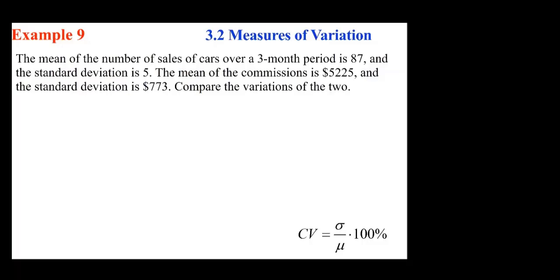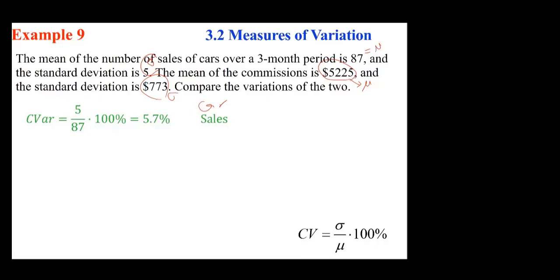So with that being the case, the first one, this would be mu, this would be sigma, for cars. This would be mu, this would be sigma for commissions. So we divide the standard deviation by the mean, and then we change it to a percentage. So car sales, the number of cars, if you will, the percentage, you can say car sales. And for commission,